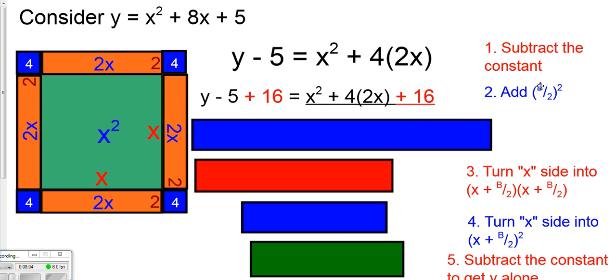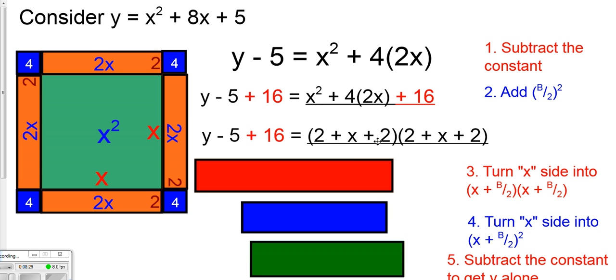Next we're going to add half of b squared. So remember b was 8, half of that is 4, 4 squared is 16. So we're adding 16 to both sides. So again, I want you to write it down or think of it as half of b, b over 2, gets squared. And that's what we added on. Now in this step, this really only makes sense when you see the picture, because we split it up this way. If you didn't see the picture,